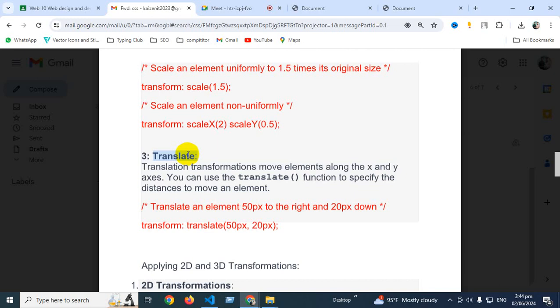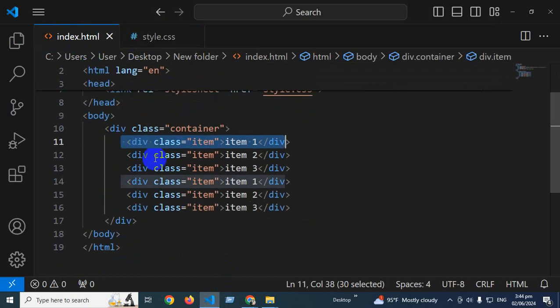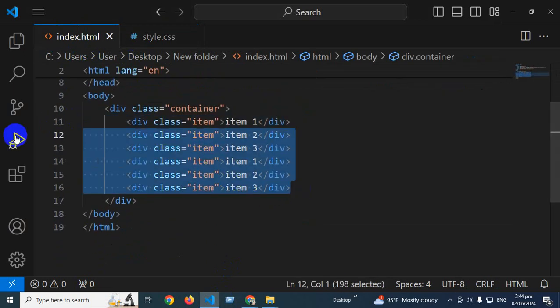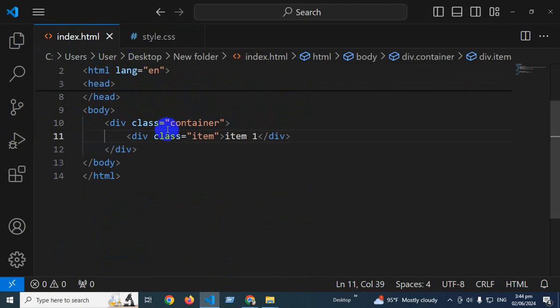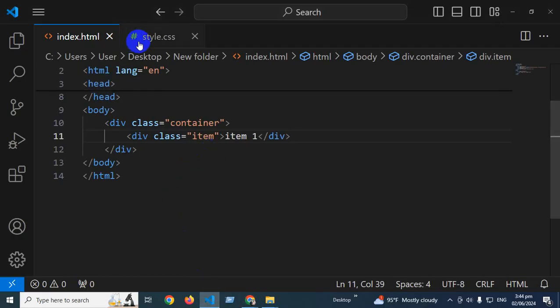That is in the CSS. When I need to change the shape of the element, we can use the transformation. So how can we use this transformation in the code? For example, let's say we have this div. When I hover this div, I need it to rotate. So how can we rotate this? We can set here,